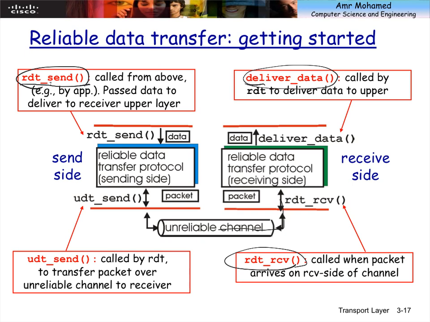Because when you send a packet, the routers work by default as best effort. If the buffer inside the router is full, what does it do? It drops the packet. If the packet arrives in error, what does it do? It drops the packet. Does it perform retransmission? No, it doesn't. The router itself will not do any retransmission. So by default on the internet, the network layer is unreliable. So that's what we mean by unreliable channel.